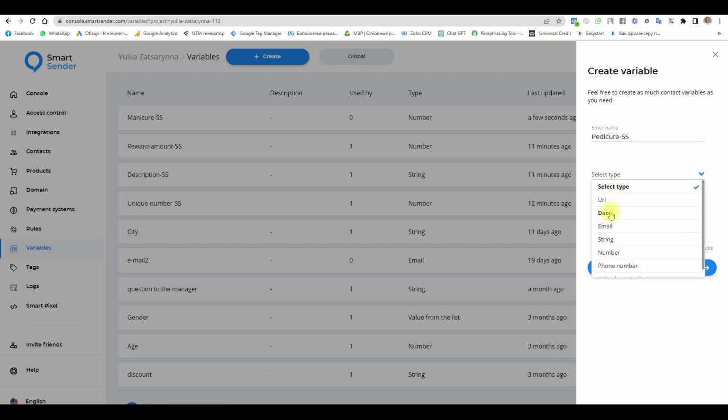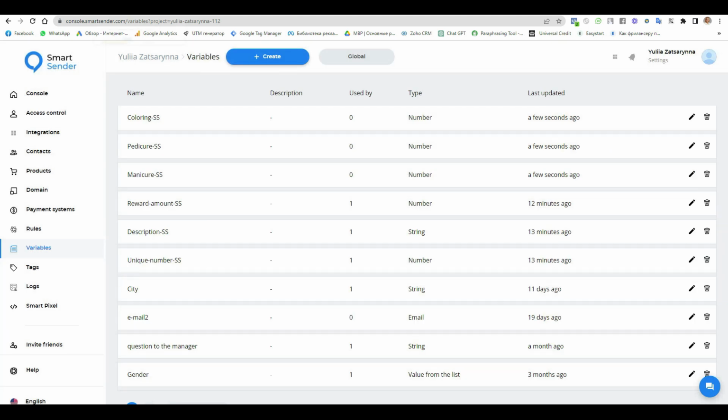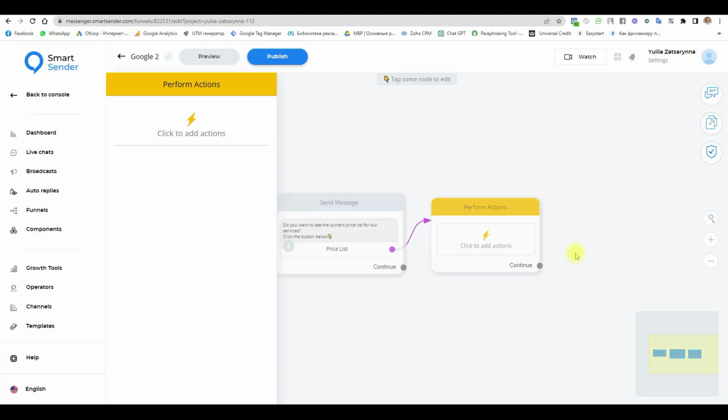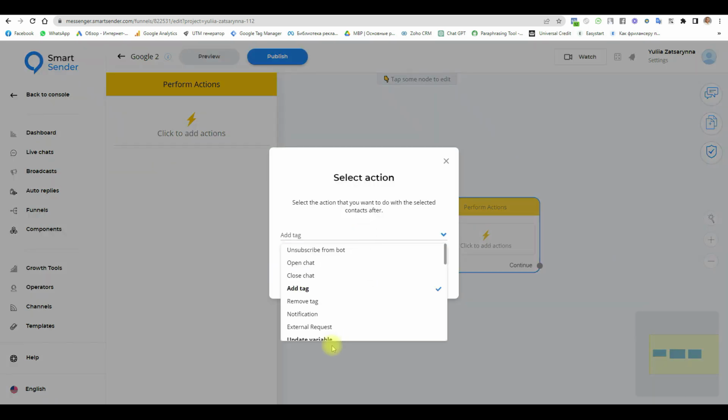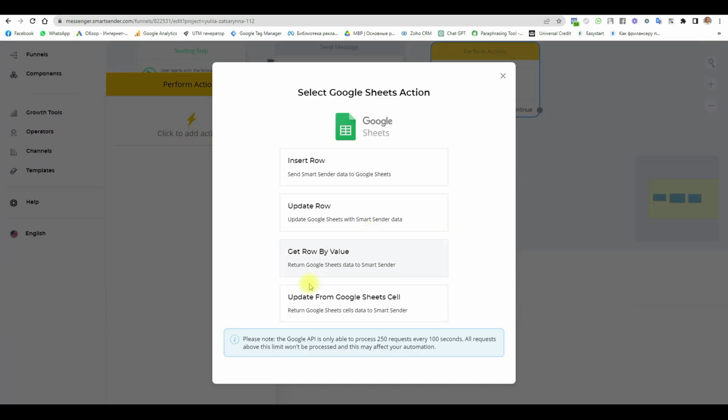Select the type, number and third, coloring, for example. Select the type, it is number, and come back to our funnels. Okay, click the add action here, choose Google Sheets integration. Here we choose update from Google Sheets cell, return Google Sheets cells data to Smart Sender. Click in here,